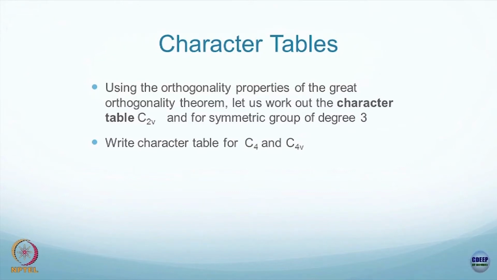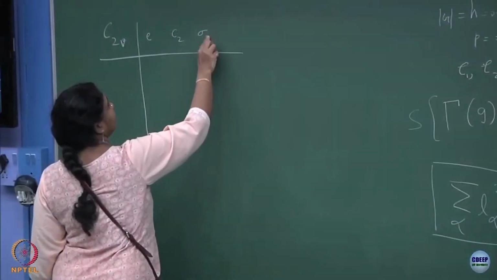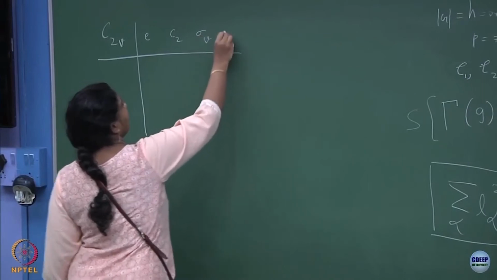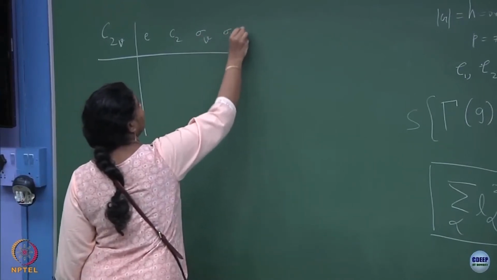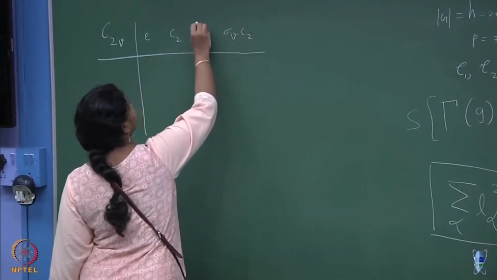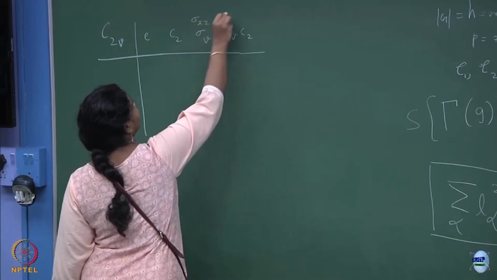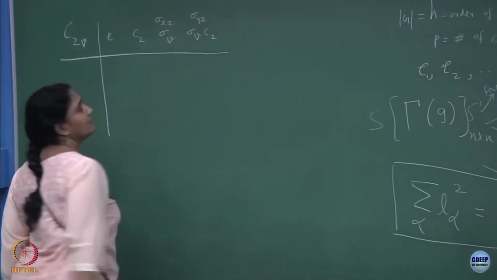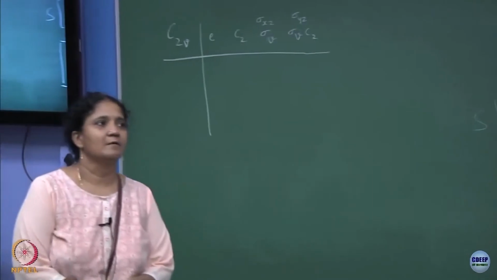Okay. So, C2V was the first example we took, and here you had E, then C2, then sigma xz, which I will call sigma V, and then sigma V C2. So, this is nothing but sigma xz and sigma yz, both are equivalent. But